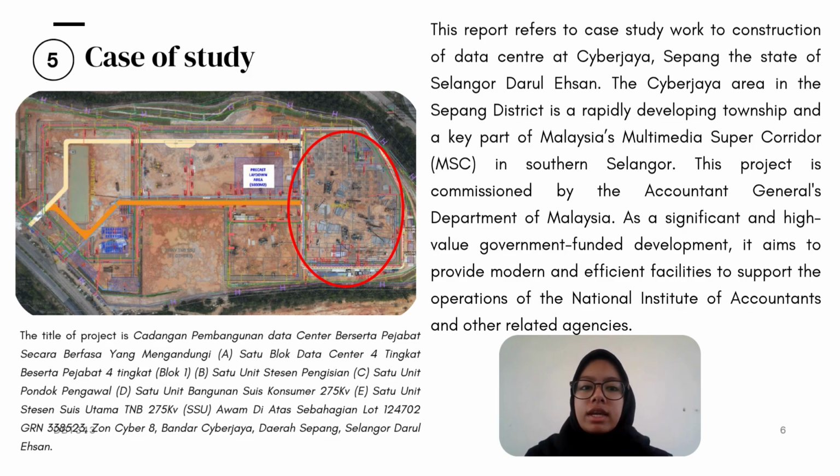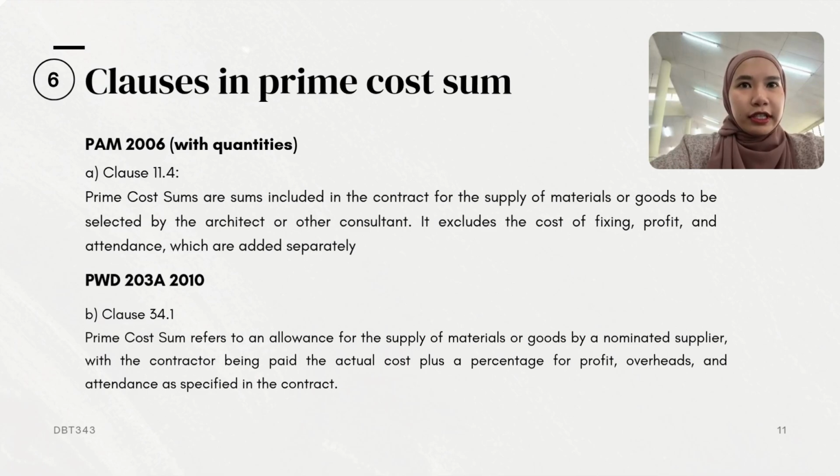As a significant and high-value government-funded development, it aims to provide modern and efficient facilities to support the operations of the National Institute of Accountants and other related agencies. This construction work is within 1 year and 2 months to complete using industrial building system from May 2024 to July 2025. For the clause in prime cost sum and provisional sum,